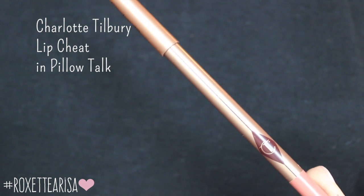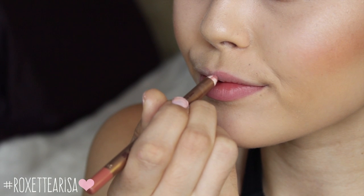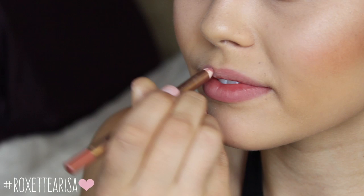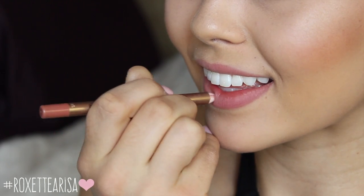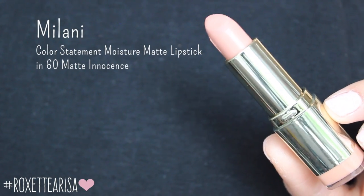Moving on to lips, I'm using my Charlotte Tilbury Lip Cheat in Pillow Talk to line my lips, and this is awesome because it's super long lasting, and whether you're eating or drinking, it's still on your lips, so that is awesome for prom. And then I'm going over that with the Milani Color Statement Moisture Matte Lipstick in Matte